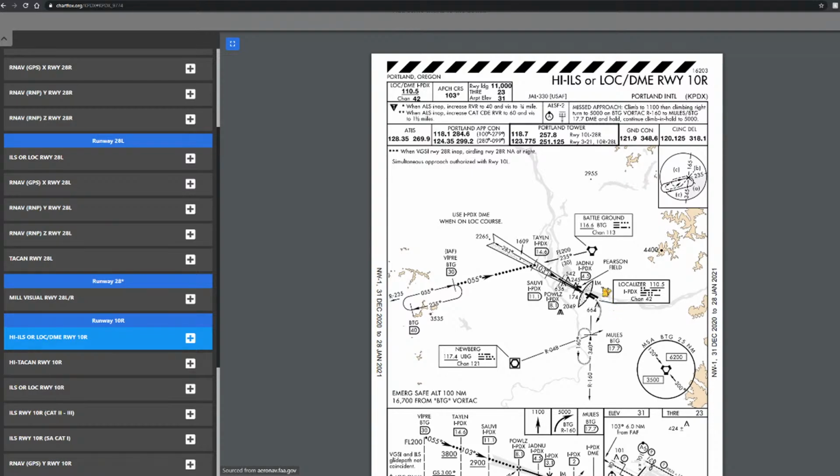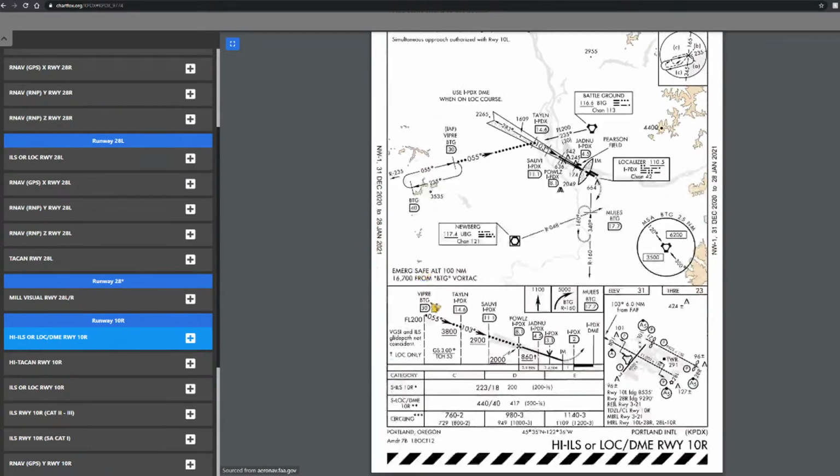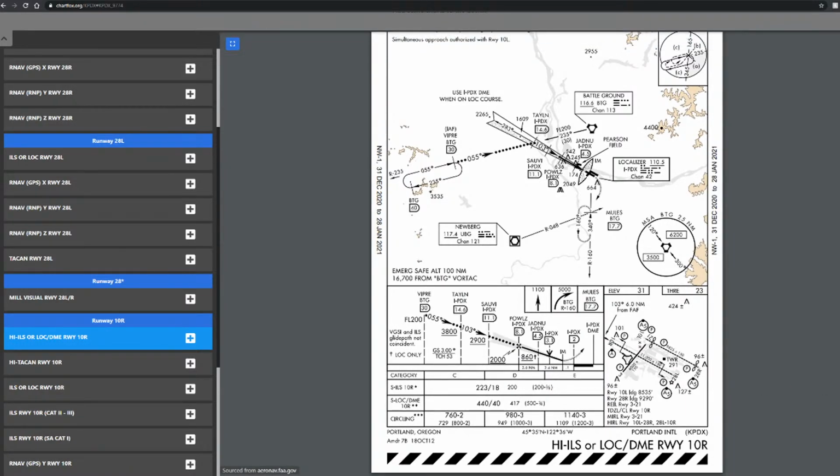So you have to climb on that radial to BTG, to 17.7 DME and hold. So that's around here. And then continue climb and hold to 5,000, at which point ATC would say, okay, you're cleared for another approach. But go down to the ILS. So ILS 10 right, you can see